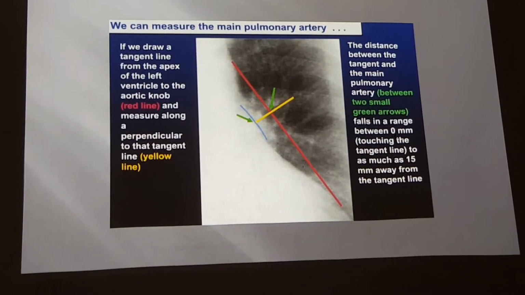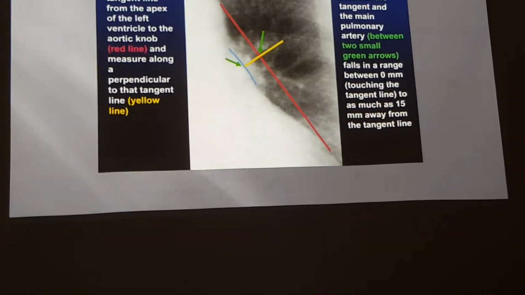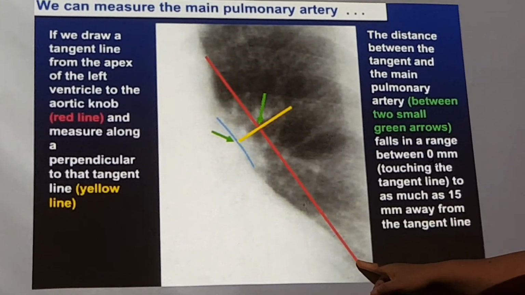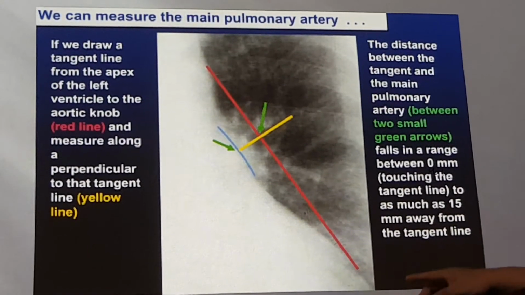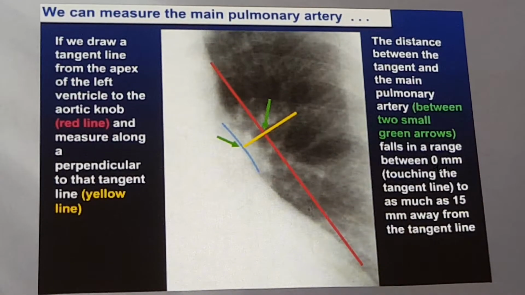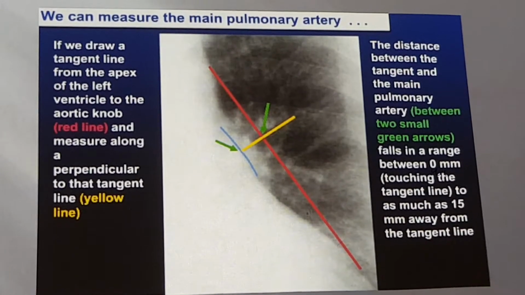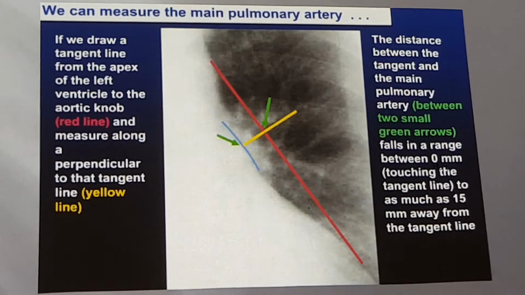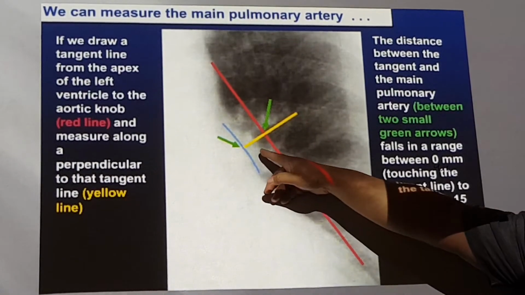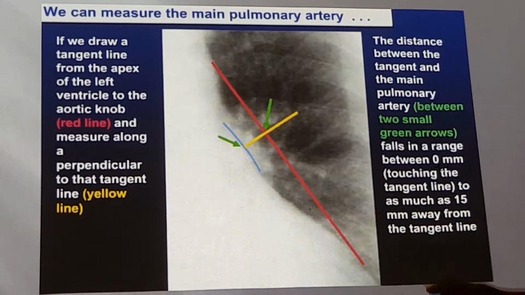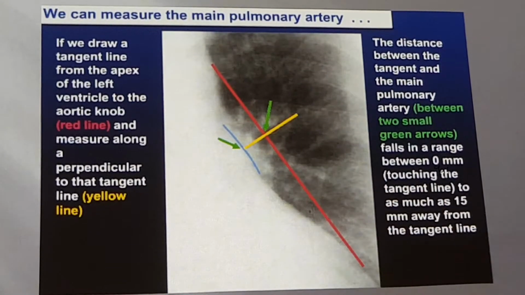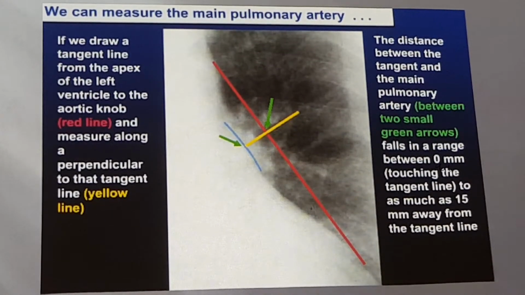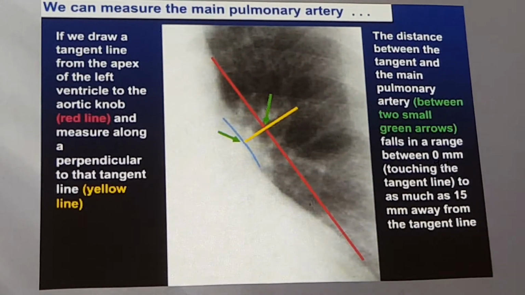So we actually can measure also the main pulmonary artery. If we draw a tangent line from the cardiac apex of the left ventricle to the aortic knob, so that's the one line, and measure along a perpendicular to that tangent line, that's the yellow line. So that's actually the measurement we get. So the distance between the tangent and the main pulmonary artery, between the two small green arrows, falls in